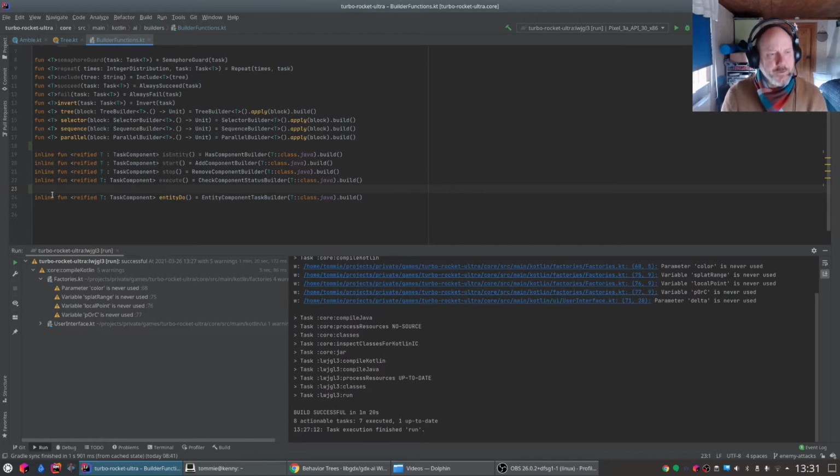So here we've got this inline fun reified T task component. What does this even mean? This means that inline means that Kotlin copies the entire code into the call site to be able to handle the typing of everything, because Java does type erasure on generics. This is a bit complicated. It's out of scope talking about the type system of Java and Kotlin,